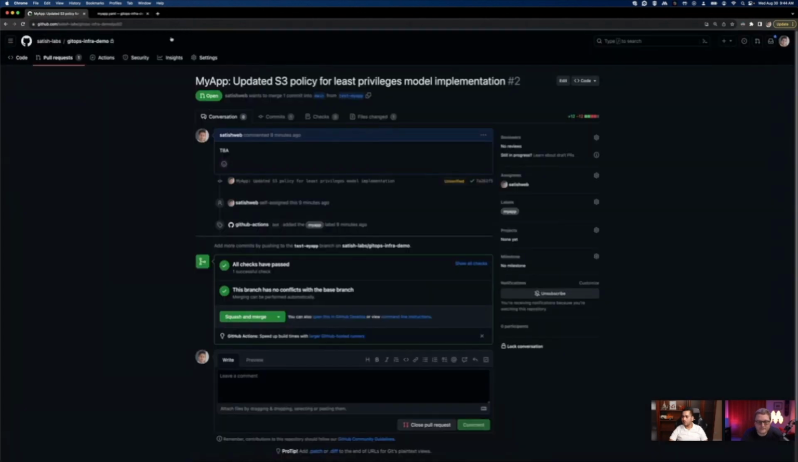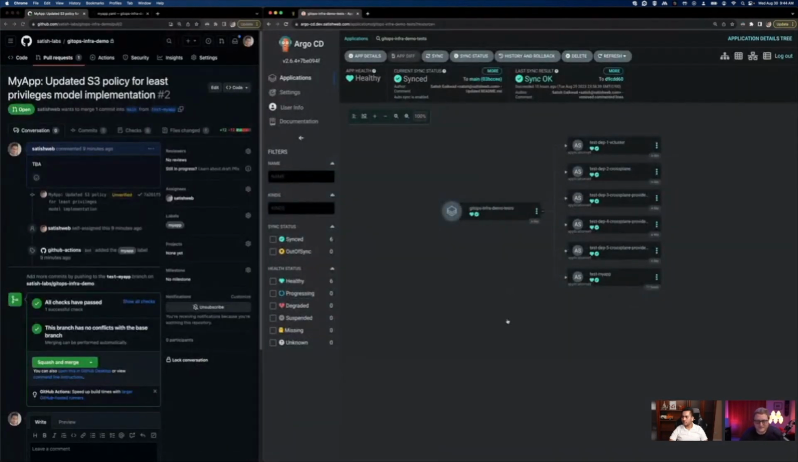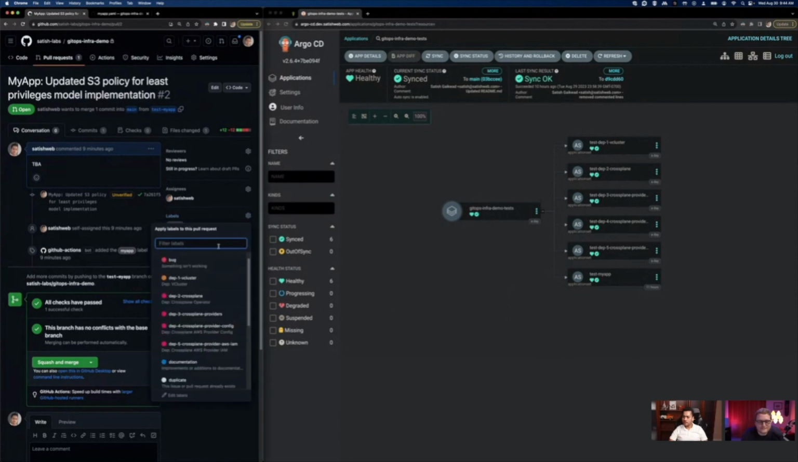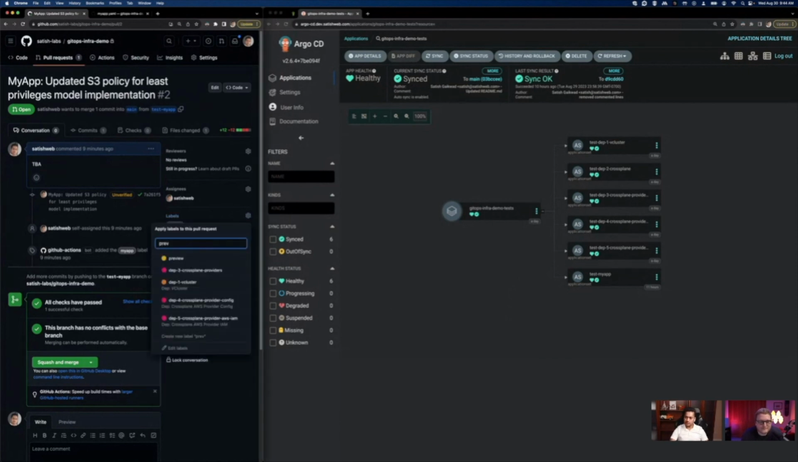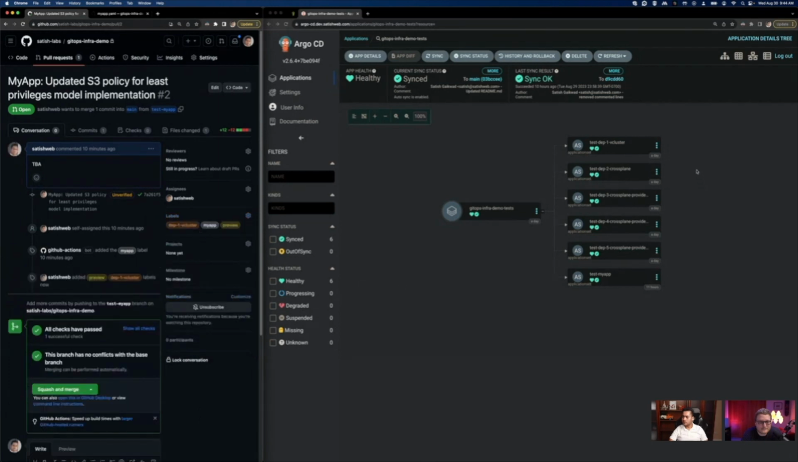Let me create the vCluster. Let me start by adding the first label, which is preview. I want to initiate the preview because we don't want to test all the PRs, right? Preview means I want to test something, and then I will begin with dependency one, vCluster. So the moment I add those two, I should see some action here,